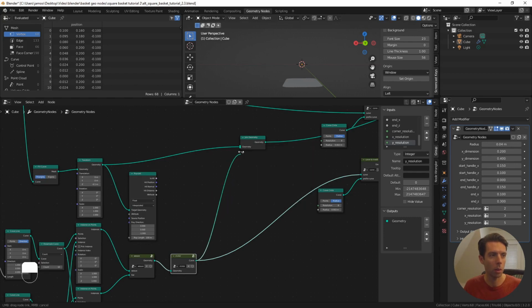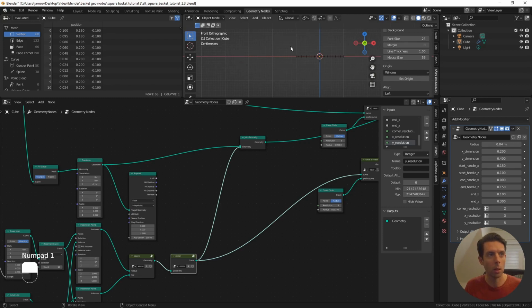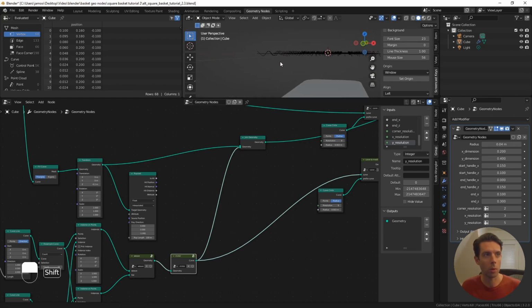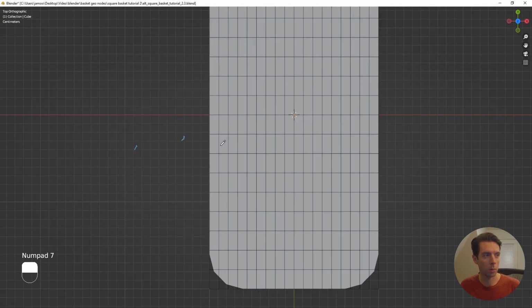Connect these together. So what we're going to do with this Raycast geometry, we're basically going to take from all of the vertices of our weave up here, and it's going to shoot rays down from that geometry. And what's going to happen is, if you look from the top down,